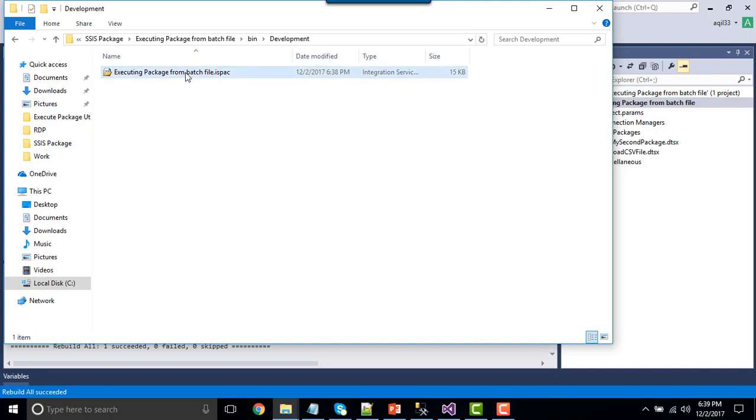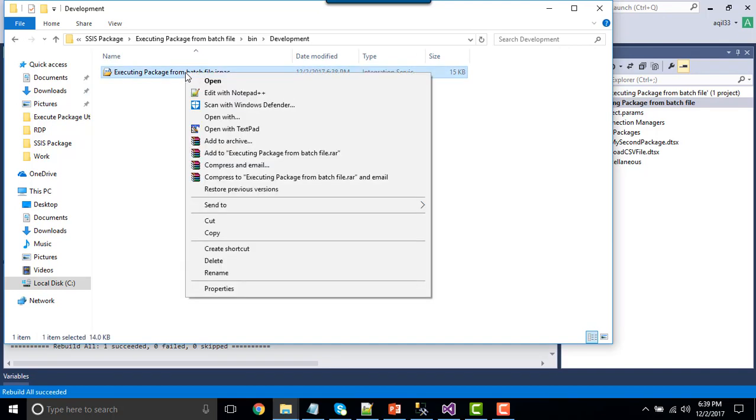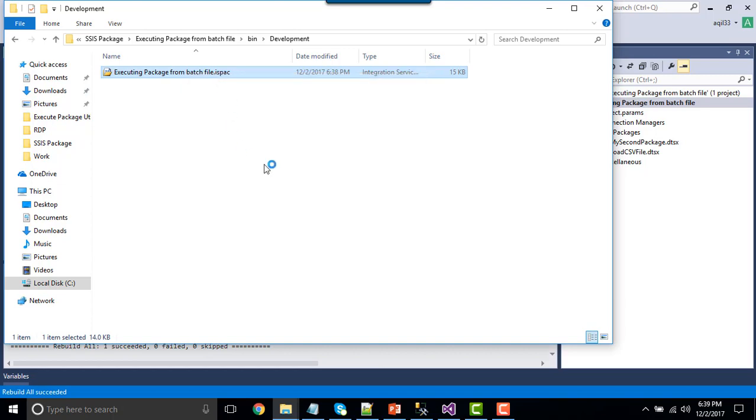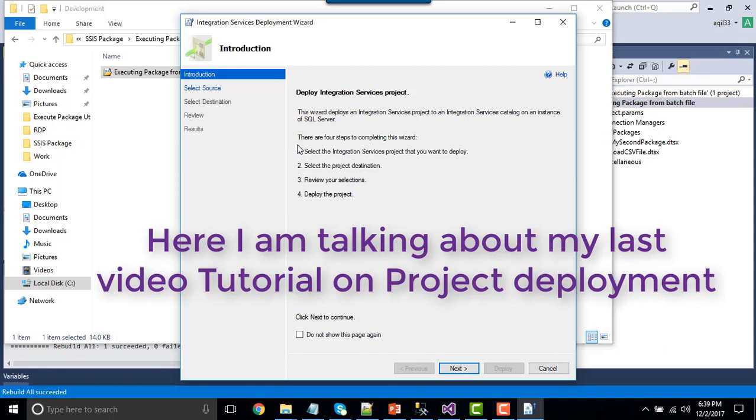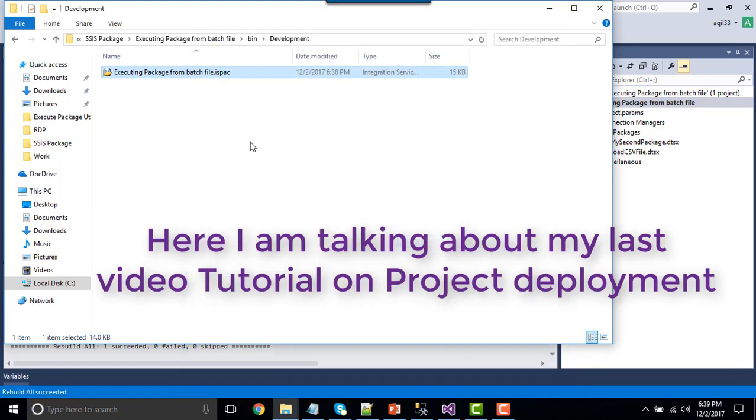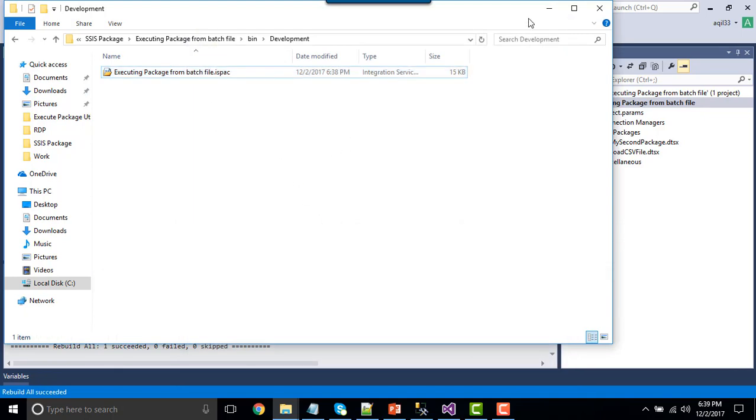You simply need to copy this file to the different machine on which you want to deploy your SSIS project, and then click open. The same deployment wizard will open that we used when we right click on this project and click on deploy. So you can follow the same steps and deploy your SSIS project to the different machine.